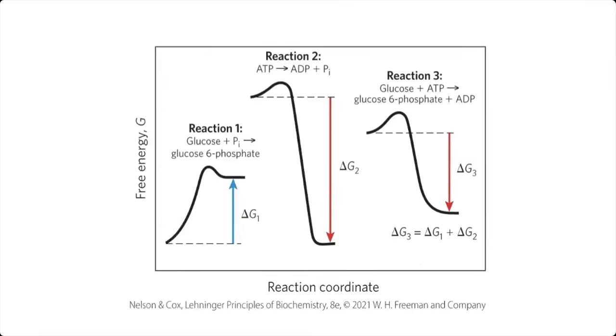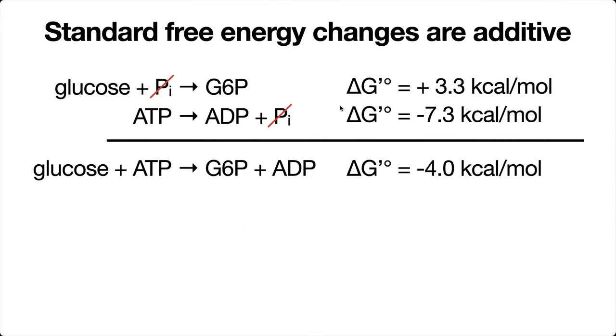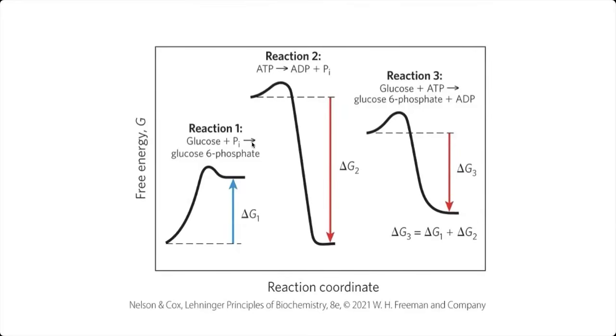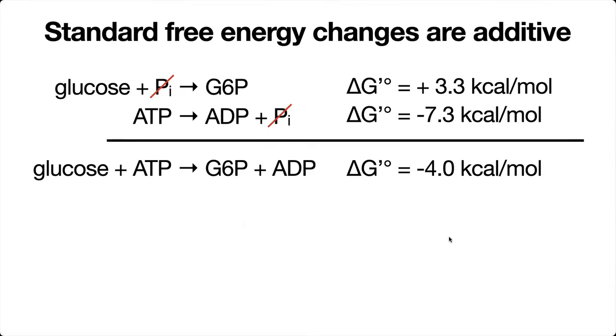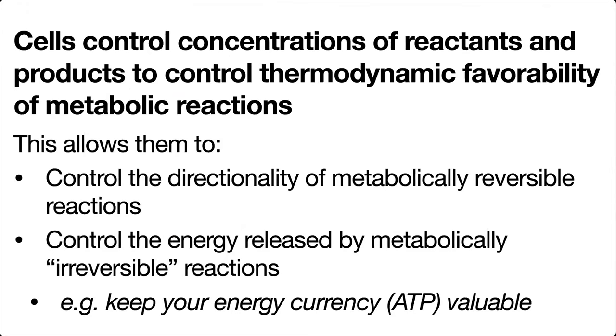We can add those together, and we end up with overall a -4 kilocalories per mole for the sum of those processes. So even though it didn't happen directly as two separate reactions, but rather these coupled reactions, the overall process, because it's a free energy change, this is a state function, so it only depends on the beginning and the end. We're able to add together these energies and get this thermodynamically favorable reaction. It's the sum of the two processes that makes it so that you're favorable.